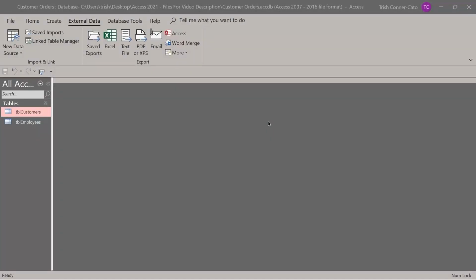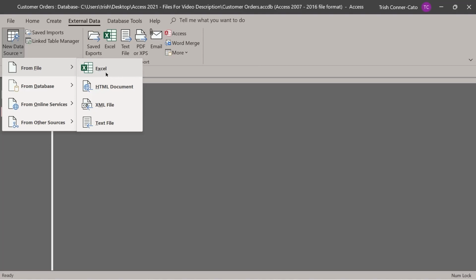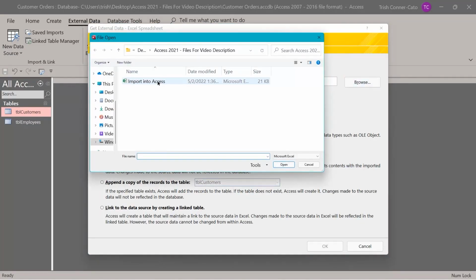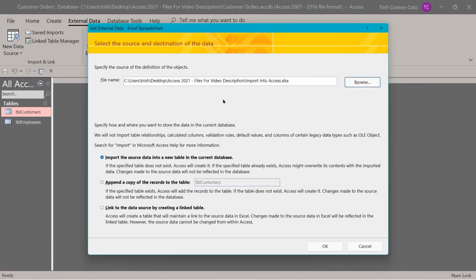So we have more table data information to bring in from that Excel file. And we're going to do a slightly different process this time because we haven't created these tables already in Access. So we're going to go back to our new data source from File, Excel. We're going to navigate to that same Import into Access file. And this time we're going to leave it on the first choice, import the source data into a new table